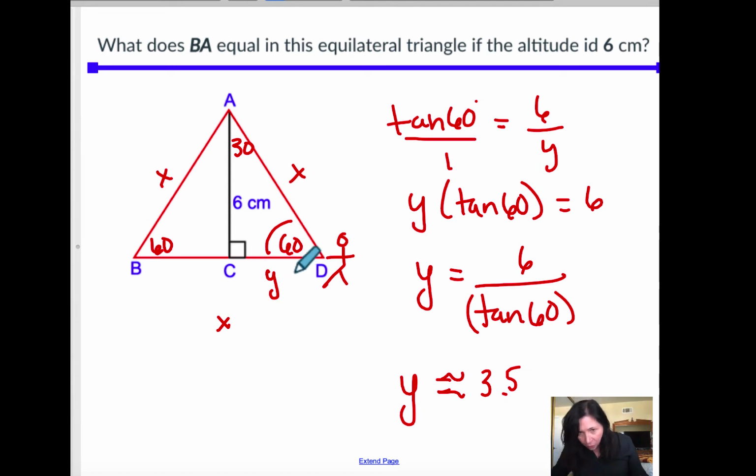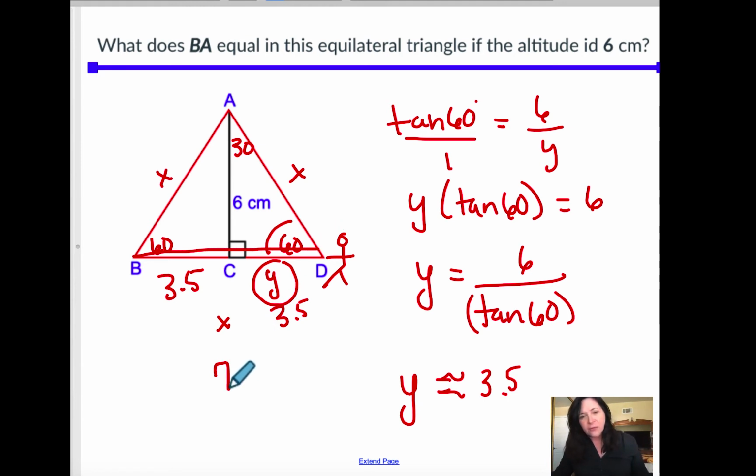So this value right here is about 3.5, which means that this side would also be 3.5, right? So that would mean this whole length here would equal 7. That's what that would mean. So x would equal 7. Now, just a note, x being the length of the side. So this is 7, this is 7, all right? So just a note for this,